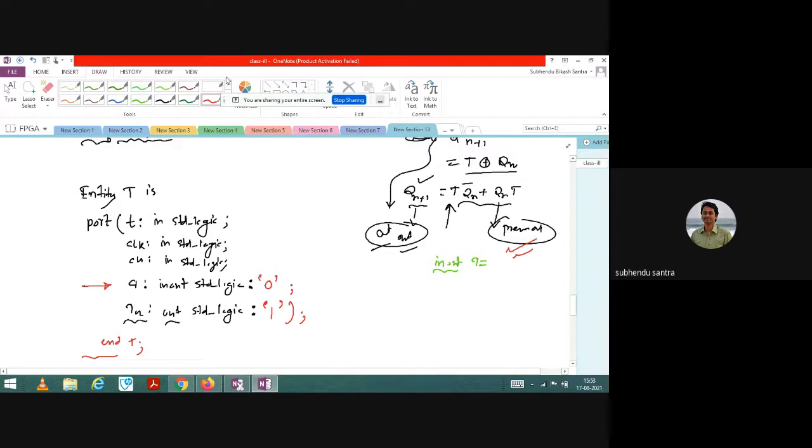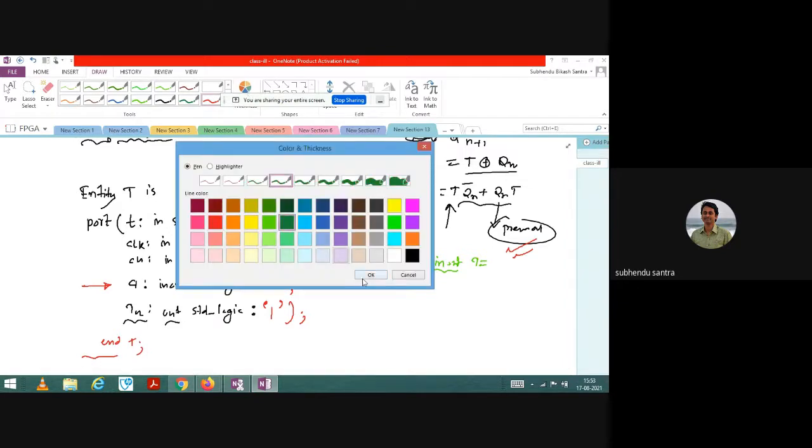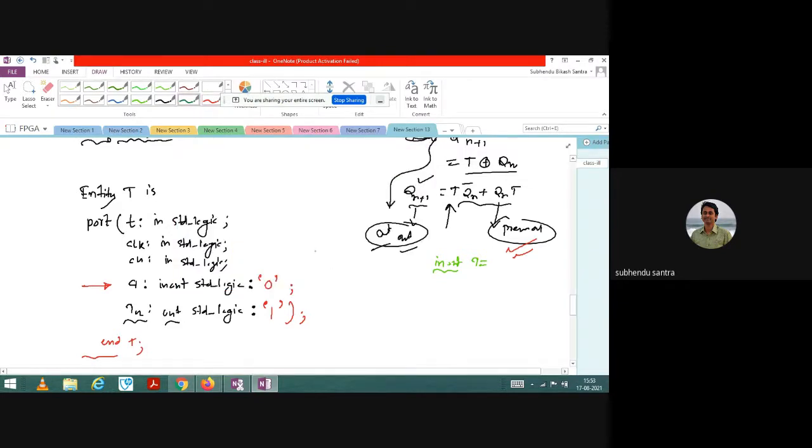Do you understand? This is the difference from the previous one. Previously Q equal to D, so whatever you assign directly affects the output. But here Qn plus 1 equals T, and T is the input, that is perfectly fine. But what about Qn? How do you assign it? Before you start the program, you need to initialize the value, or provide the value to the program, to say where it should start.